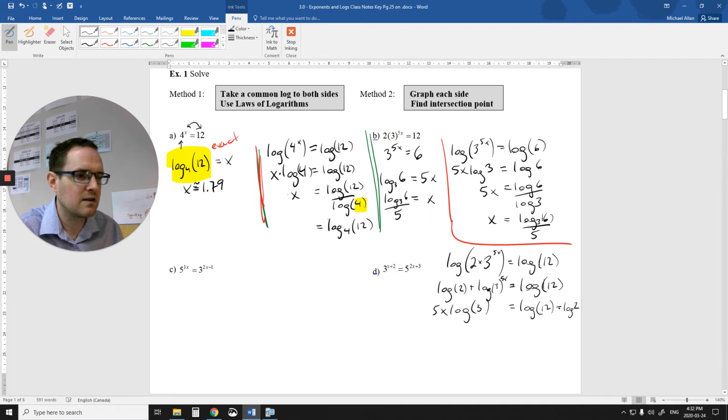Uh-oh. Now, when you minus 2 logs, you divide what's inside. So this becomes log 6. Then I divide that log over the log 3, that becomes log base 3 of 6 again. And that's equal to 5x. And then I divide the 5 over. You can see I got the same solution. Just a bit more